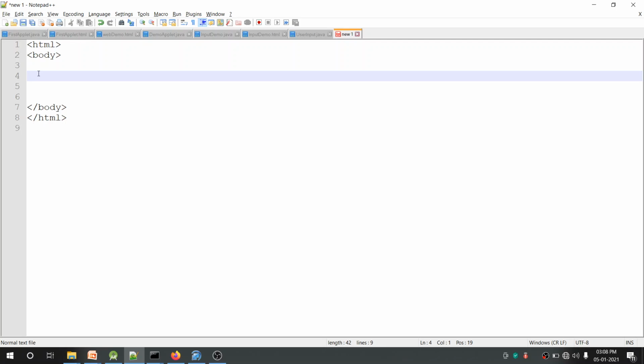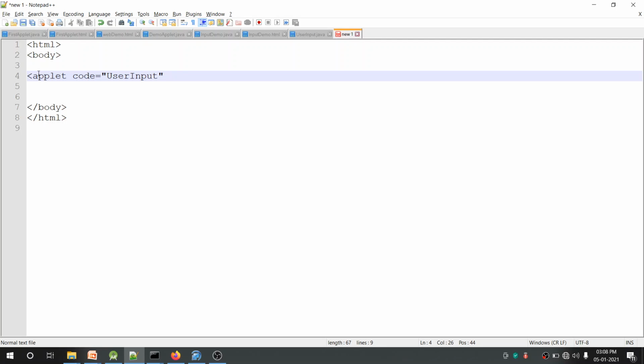Now to embed an applet inside HTML, one more tag is used, the tag is applet. This tag has three important attributes. The first is code, which is equal to the class name or the compiled class file name of our program. That is also our file name, that is user input.